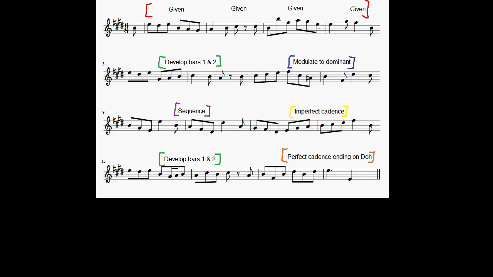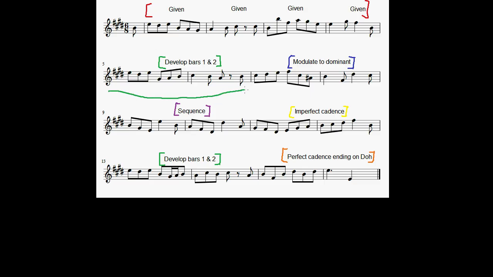So bars 1 to 4 you're given, that's what you have to work with. That's your opening 4 bars. You're expected to use the musical material you've got in those bars when you're composing the rest of it, when you're composing your own further 12 bars. And here's how you do that. So, like I said, bars 5 and 6 are development of bars 1 and 2. So these bars here,